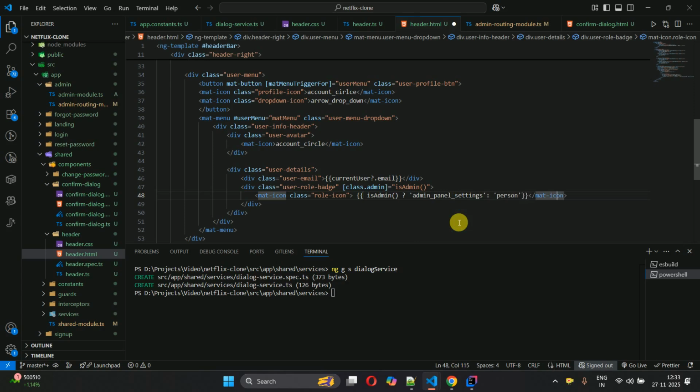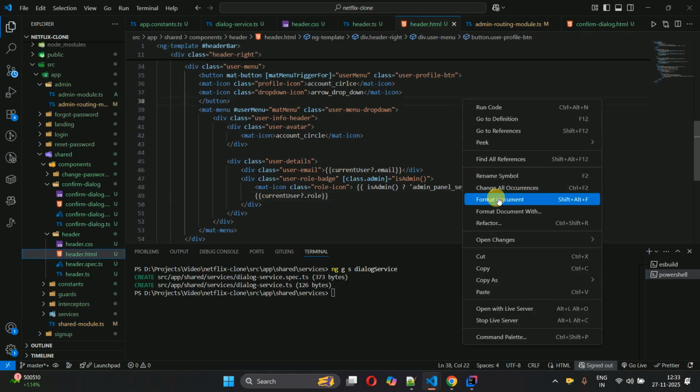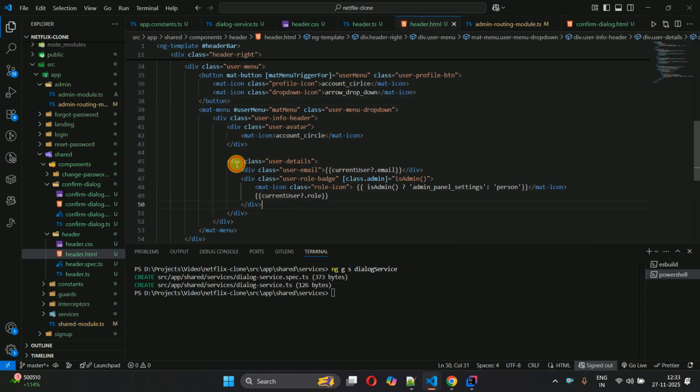And outside of this one, we have to show the current user role, so currentUser.role, right? Just format this, and other things look good. So this is the div we have closed,